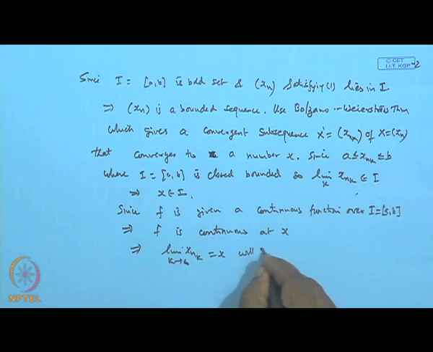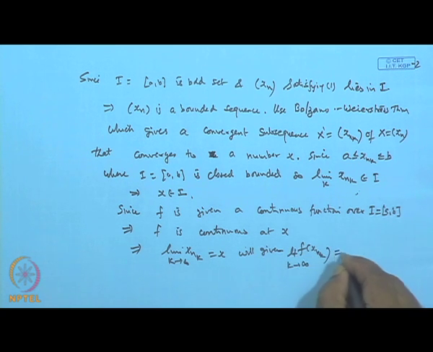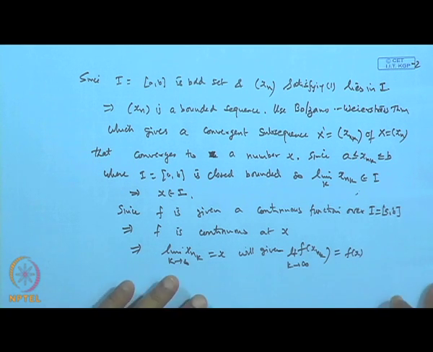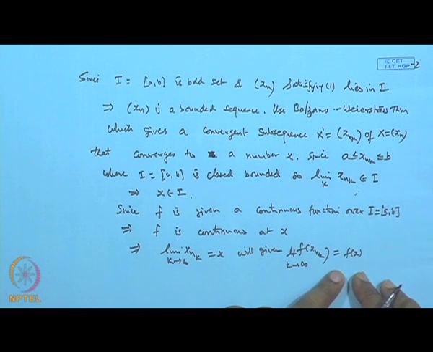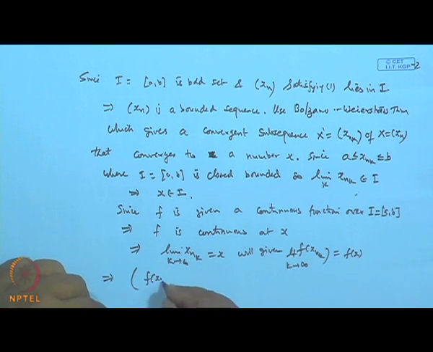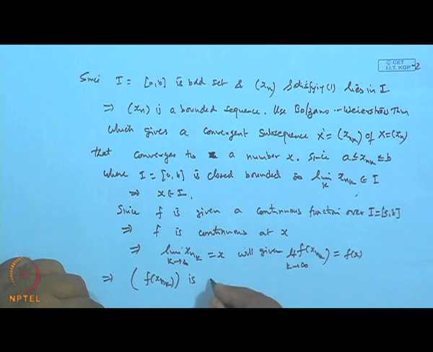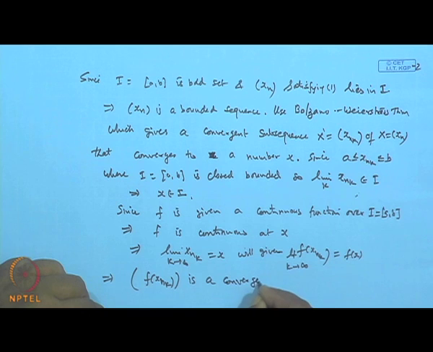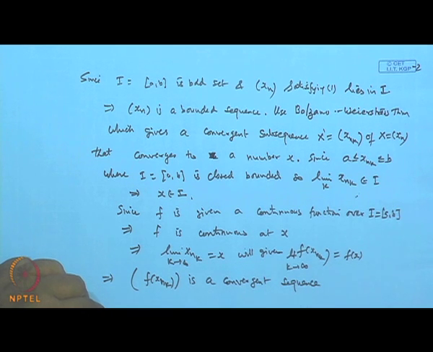This will give f of x_{n_k}, the limit of this as k tends to infinity is nothing but what? f of x, because by the convergence part. So, what does it show? This implies the sequence f(x_{n_k}) is a convergent sequence, and a convergent sequence is always bounded. So, it is bounded,